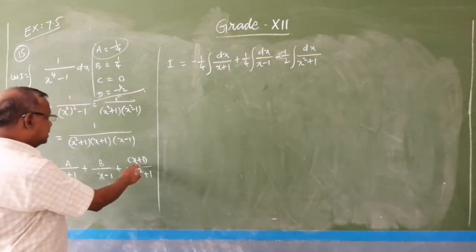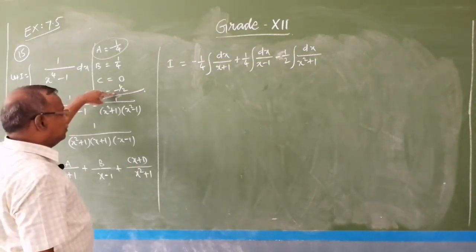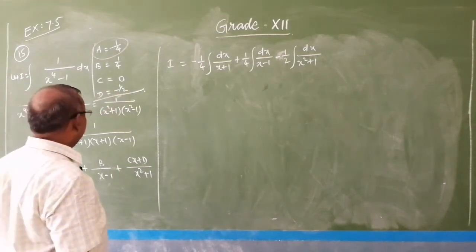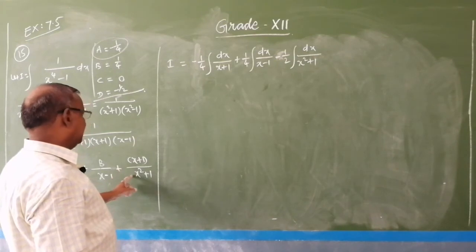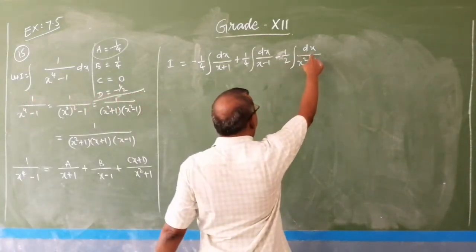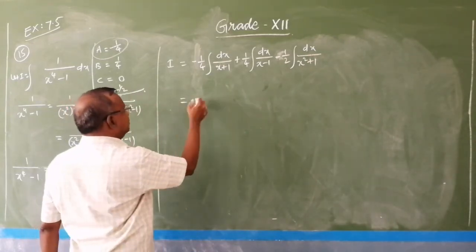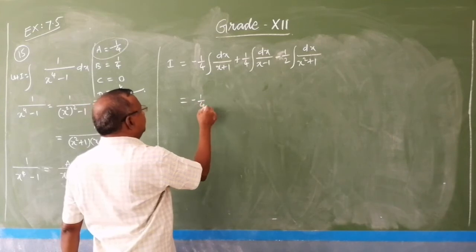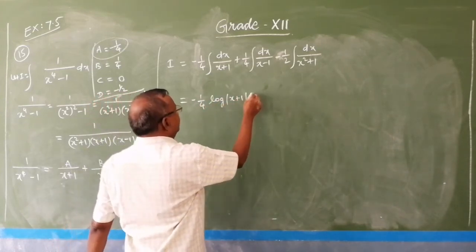Next one is cx plus d in the numerator, c equal to 0 and d equal to minus 1 by 2, so 0 plus minus 1 by 2 can be taken outside, plus it is dx by x square plus 1. Now this is equal to minus 1 by 4 log of modulus of x plus 1 plus